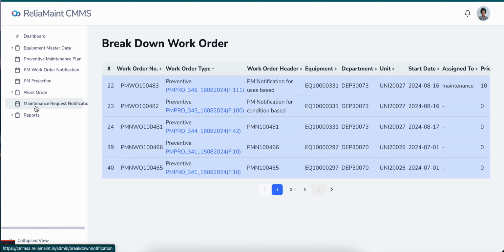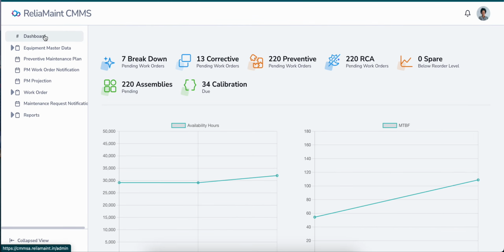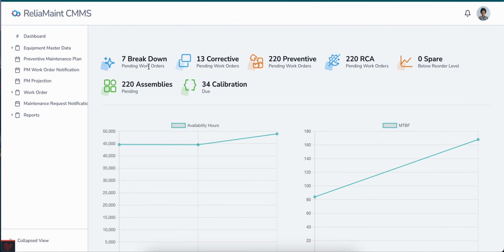We have created multiple kinds of reporting and put them in the right context. So first reporting comes in terms of a dashboard. Certain information is available on the dashboard. That means now it is showing 7 work orders are pending or still open, 13 corrective pending, 220 preventive pending, 220 root cause analysis forms are still pending.